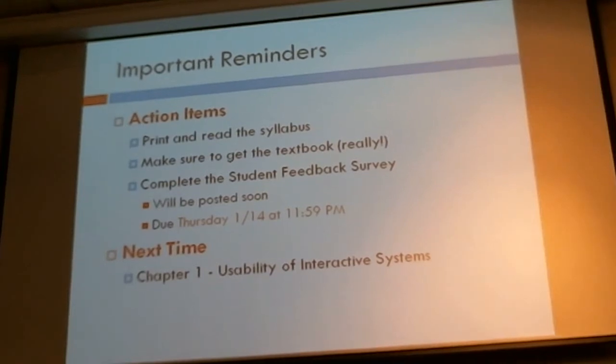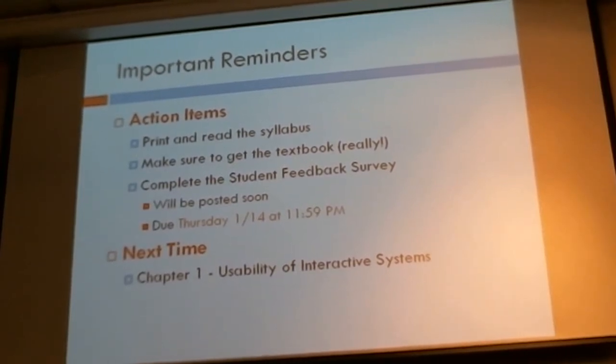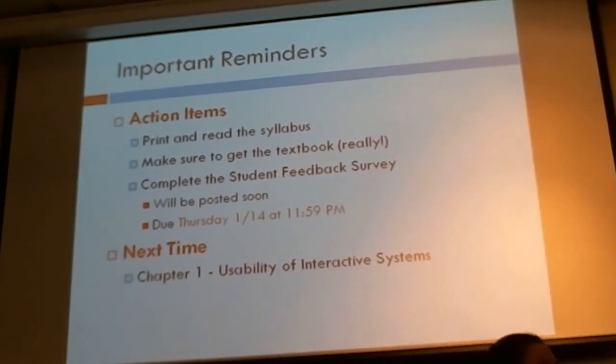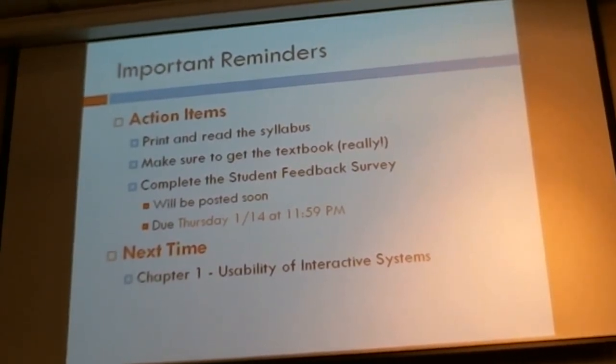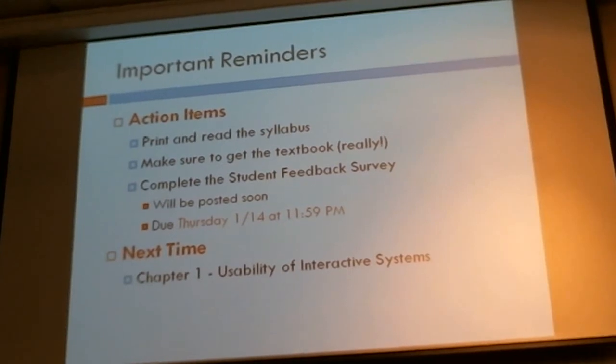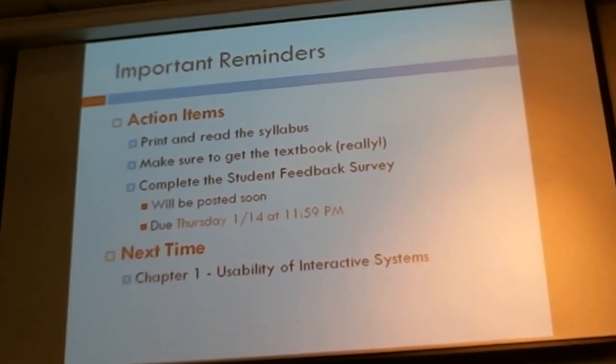All right, so action items. Print and read your syllabus. Make sure to get the textbook. Complete the student surveys for the financial aid requirement. I've actually been asked to survey students if they're interested in possibly having an IT master's program at UCF, which realistically would probably be too late for any of you, but they're trying to get feedback anyway. So you will see questions to that nature in the student feedback survey. And then next time we're going to go over chapter 1, the usability of interactive systems. All right, if you have any questions, please stay after and we can